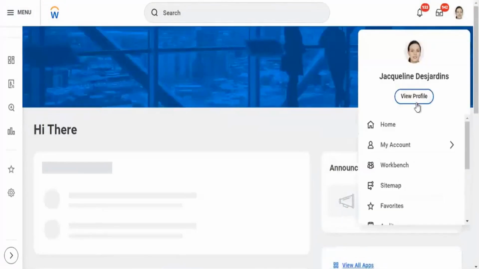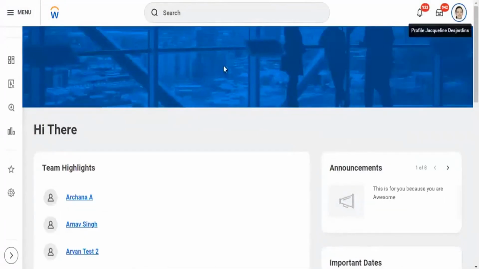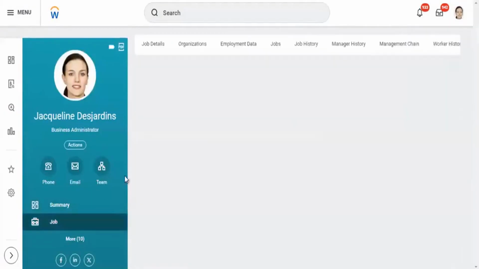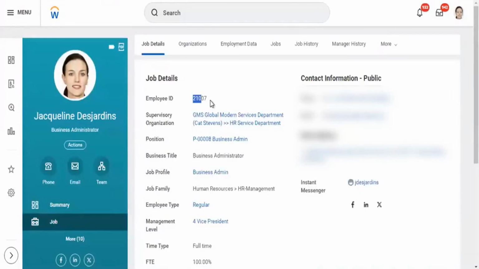For an employee, you should have an employee ID. You can see here this employee is there. But for external enterprise learners, you will not have an employee ID because that person is not an employee in the system. They will have an extended enterprise learner ID. That is what the external enterprise learning module is about.